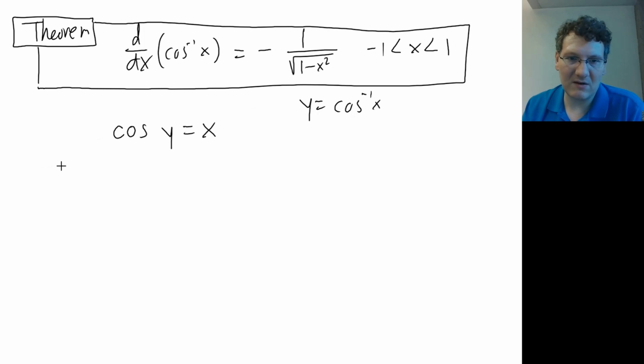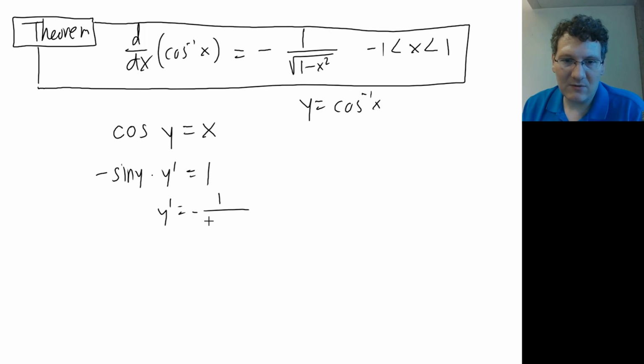That means that cosine of y is equal to x. Then the derivative with implicit differentiation, we're going to have negative sine of y times y prime equals 1. Y prime is -1 over sine y,